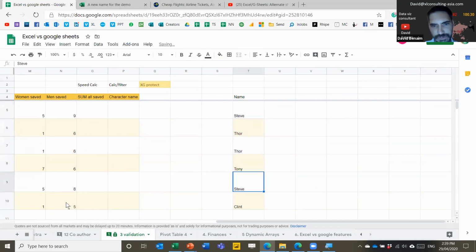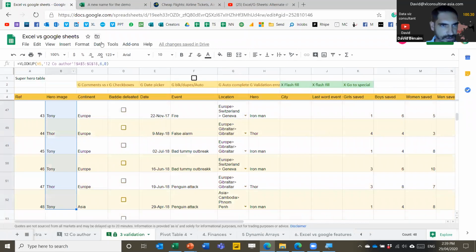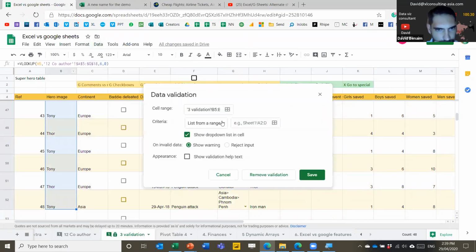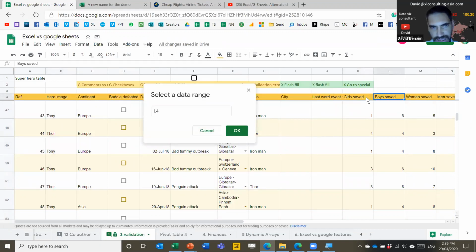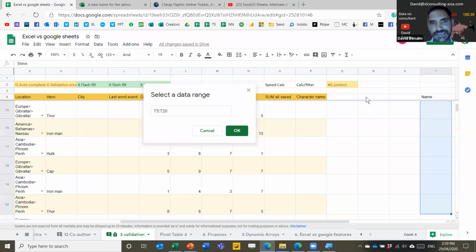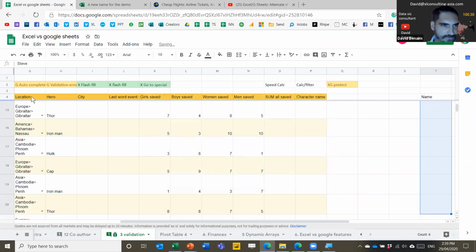Notice that I do have some duplicates. And then I'm going to select this and go to data and data validation and choose this as a list from a range and then select it. Excel's version to do this is much the same. I always leave blanks just in case people need to add new names. Then I reject input and press save.